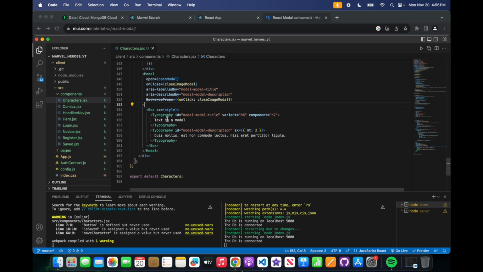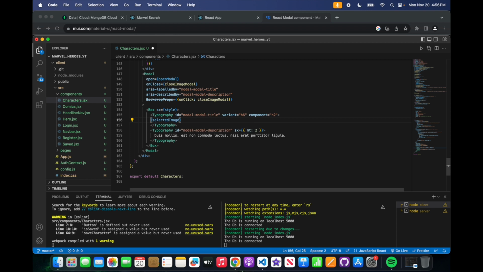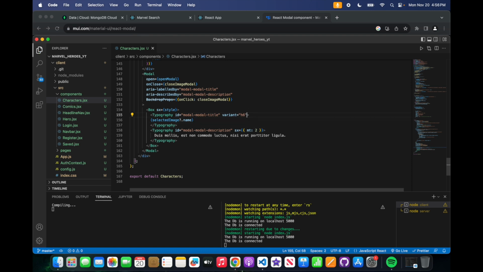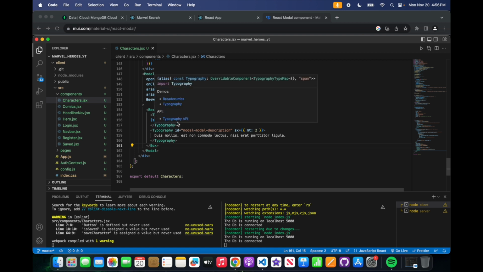We have the style. We don't want text in the modal. What we want here is a selectedImage.name. So if there's a name, we want that name there, and we want the variant to be h6. We don't really care about this part, the h2 component. You can take that off. Typography. So typography ID, box. Let's see, backdrop, box styling, style. Okay,